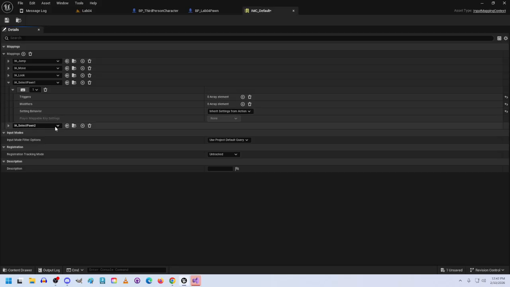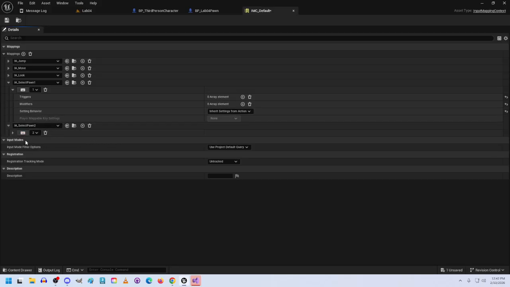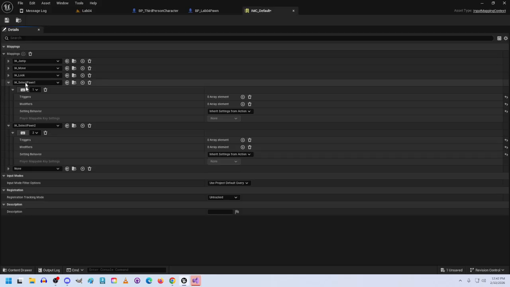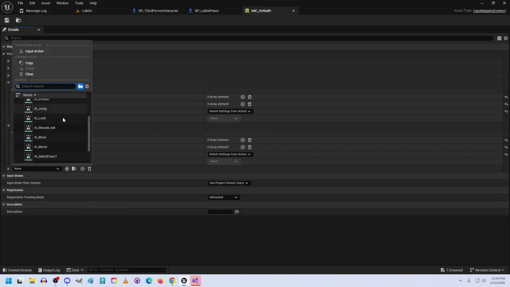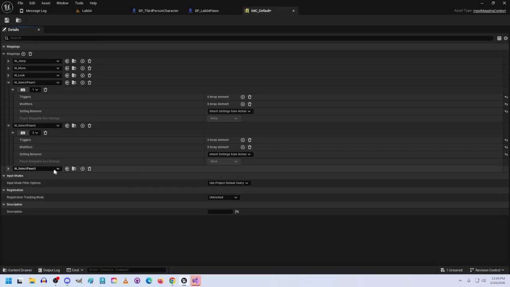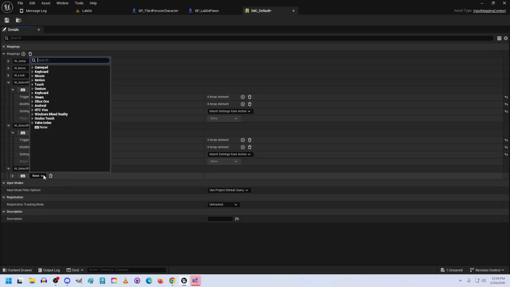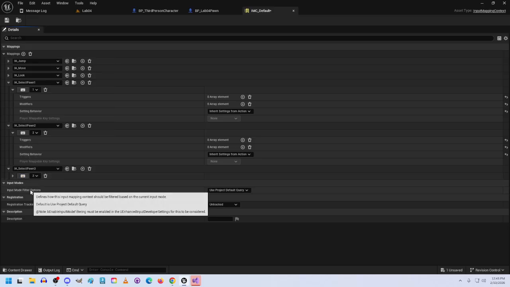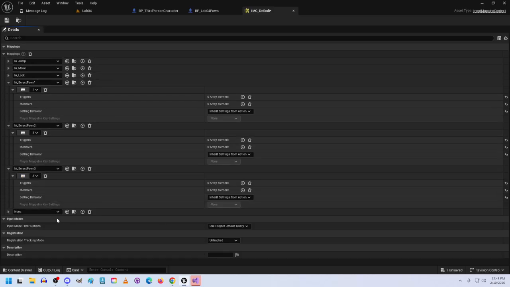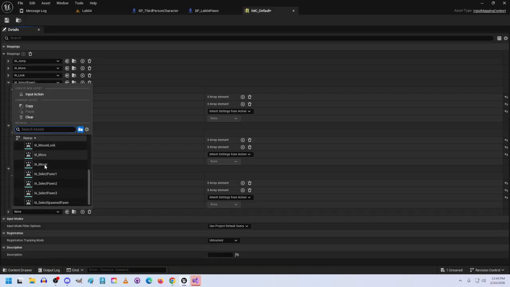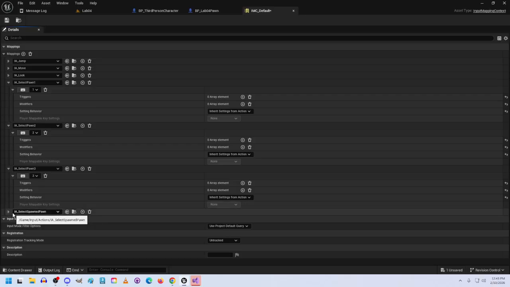Select pawn two, the two key. Three. And for select spawn pawn,